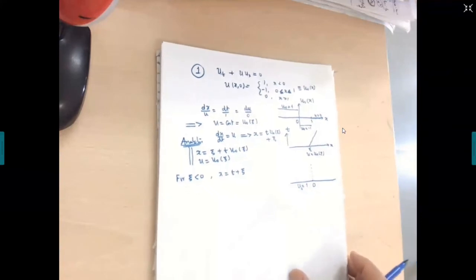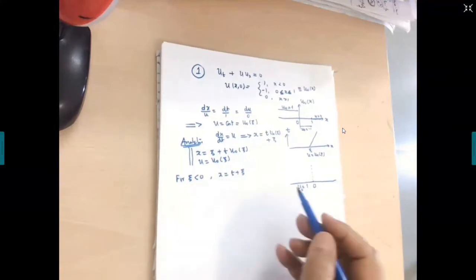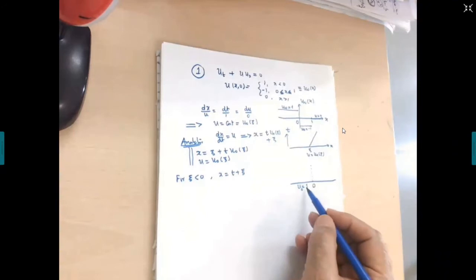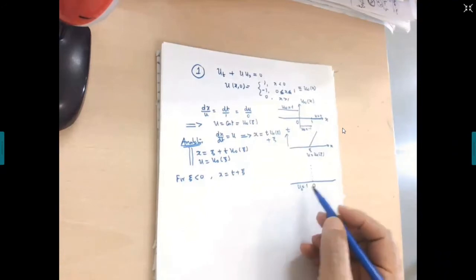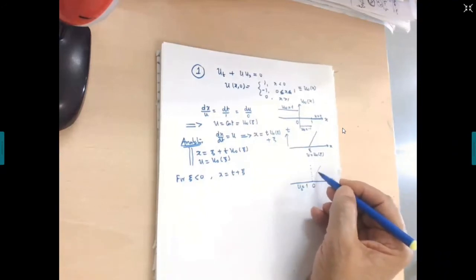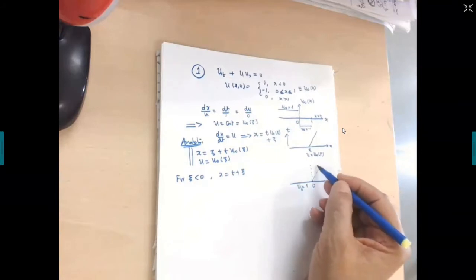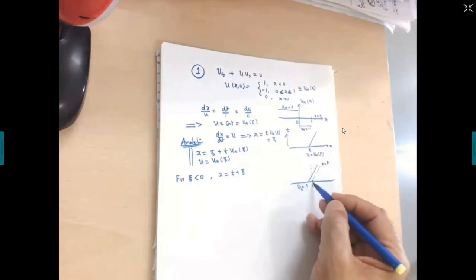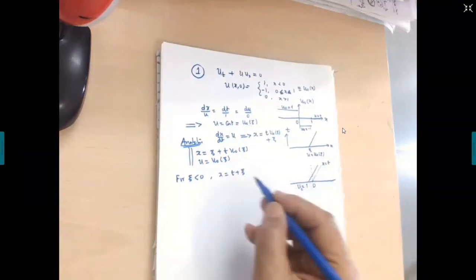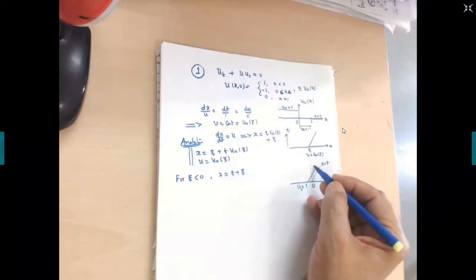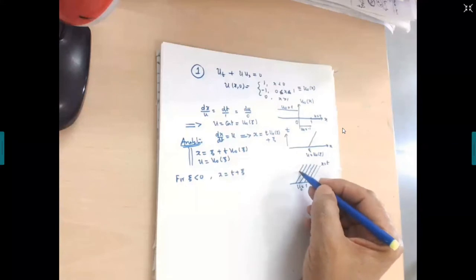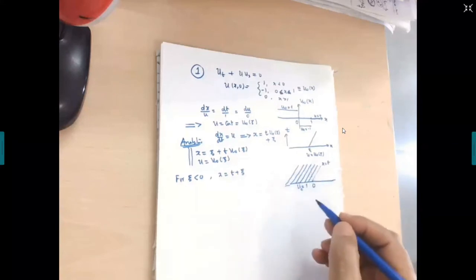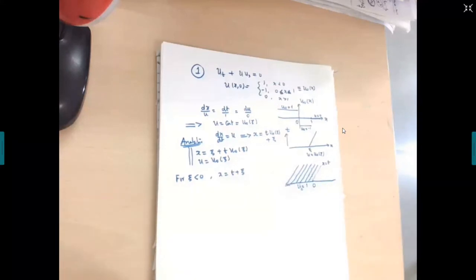And what is the value of all these characteristics? They will carry this information. So as a matter of fact, if you look at it, these are the characteristics. x is equal to t originates from 0, xi equal to 0. So x is equal to t is the leading characteristic of this family, and the rest are the characteristics which originate from this part of the real line.